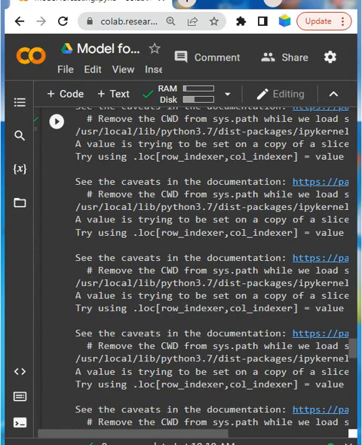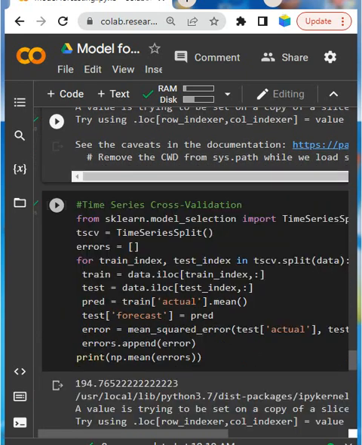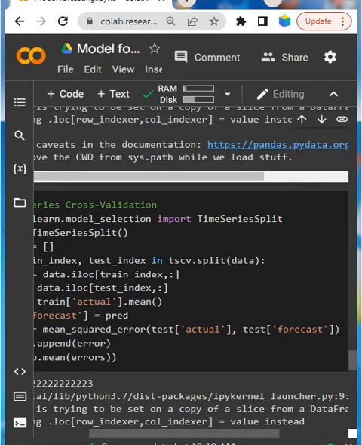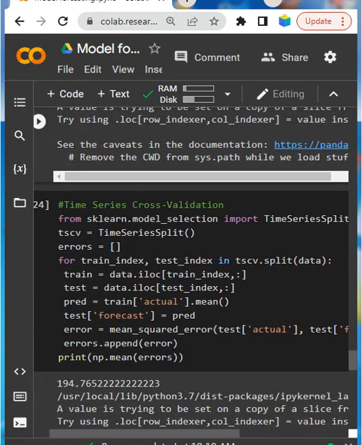Similarly, I am going to use the time series cross validation model. I have imported TimeSeriesSplit from sklearn.model_selection, and computed the error for the train index.